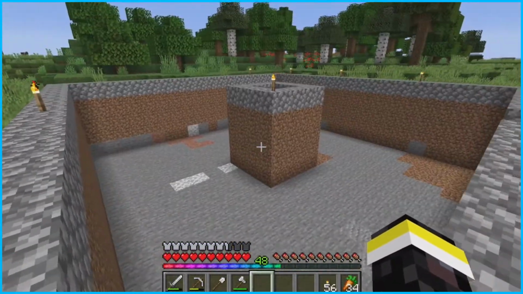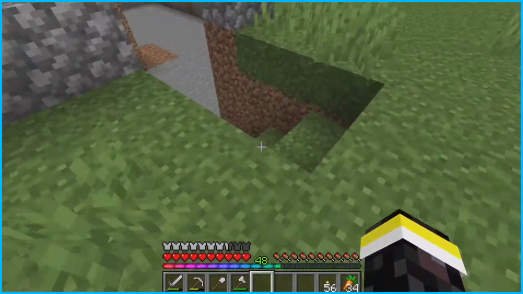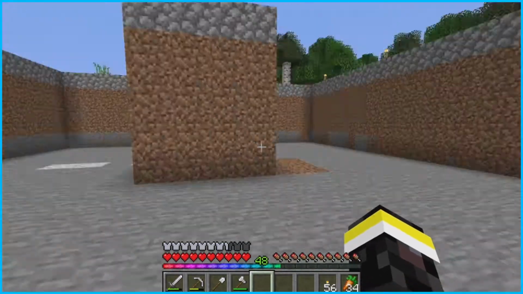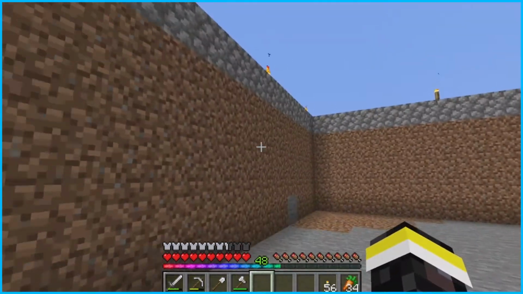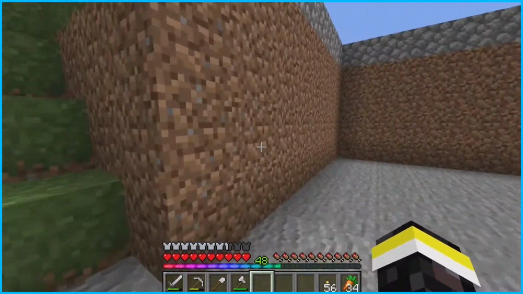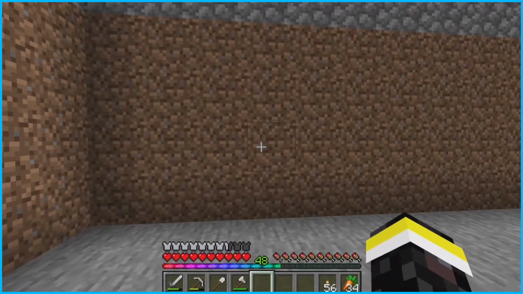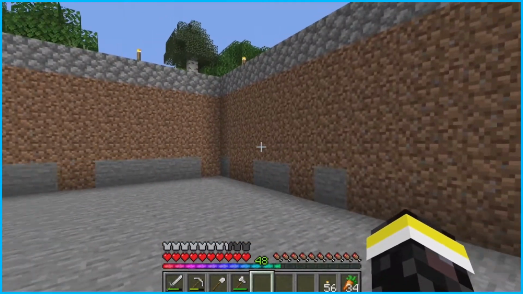And hopefully now you guys are getting more of an idea of what I was thinking when I said I was going to dig this out and put our farms in the walls. I think this looks like a pretty solid area. Just imagine a pumpkin farm being here, a watermelon farm being here, bamboo on this wall, sugarcane lining this wall,